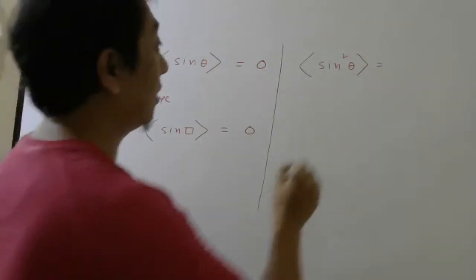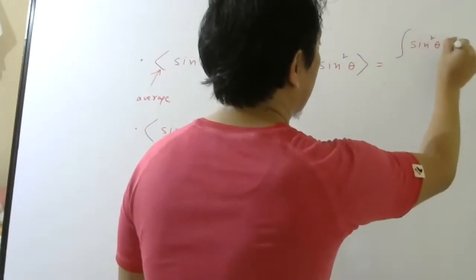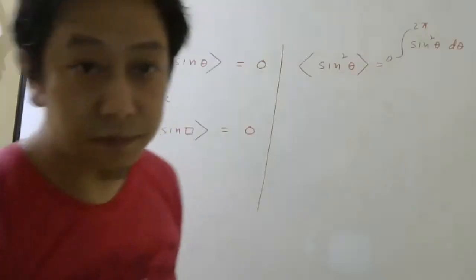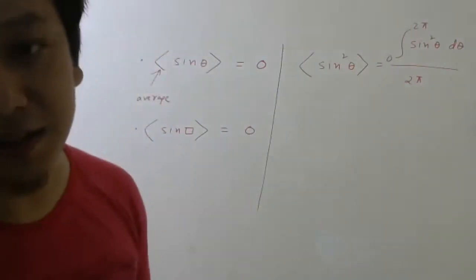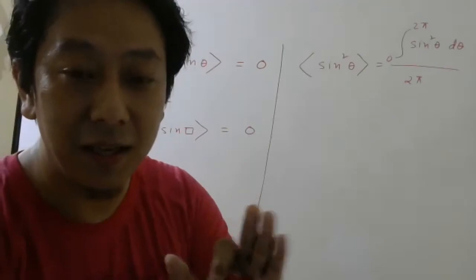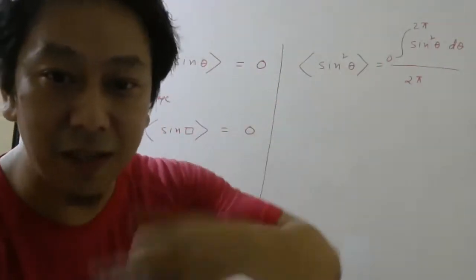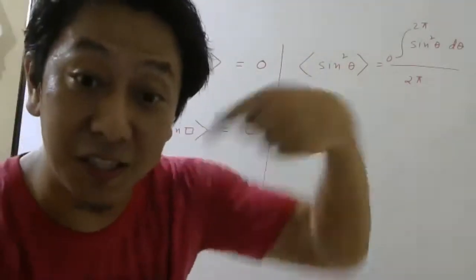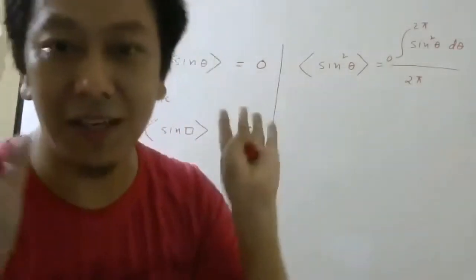So let us check. How to write first? Integrate sine square theta from 0 to 2 pi. Then you divide by 2 pi. Now there is no formula directly for sine square theta. The whole integration is basically a set of formulas for which we know the integration. In exam, they will give you some other form. Your job is to convert that into the standard formula for which you know the integration. That is how you have to do it.